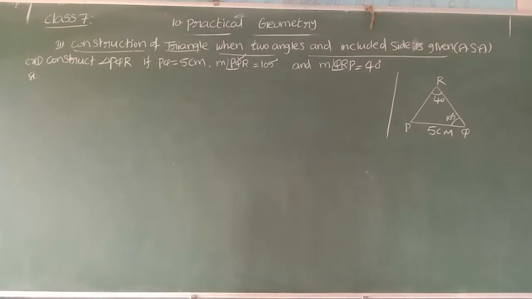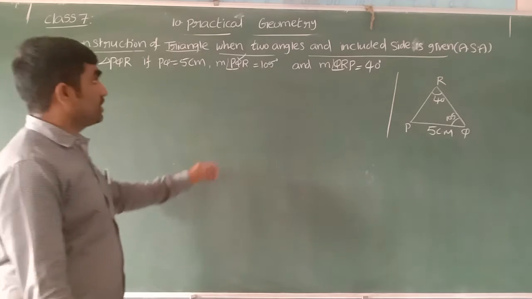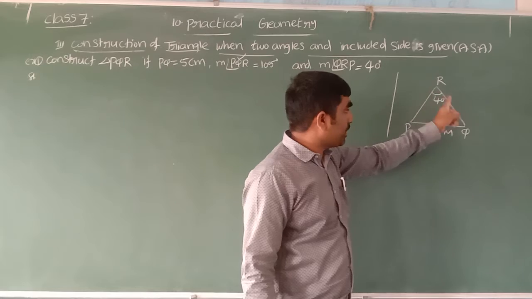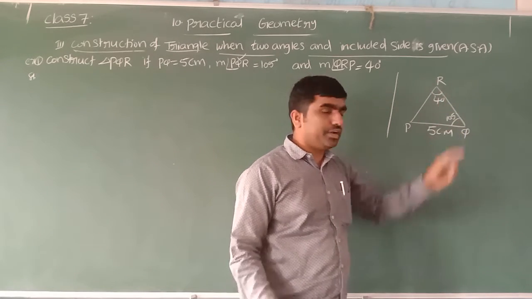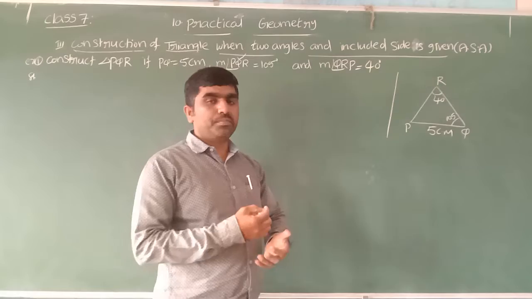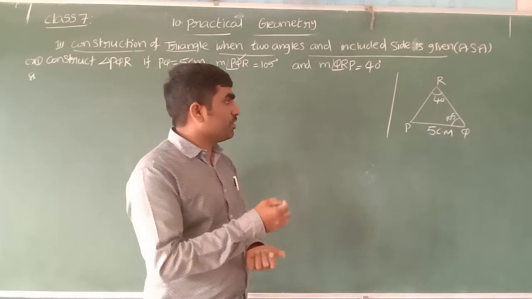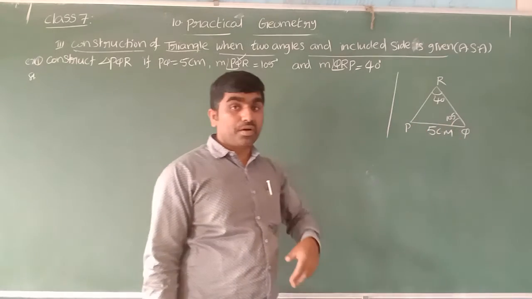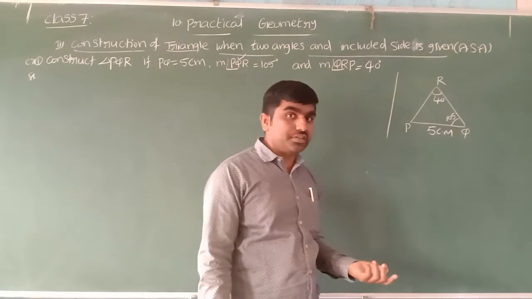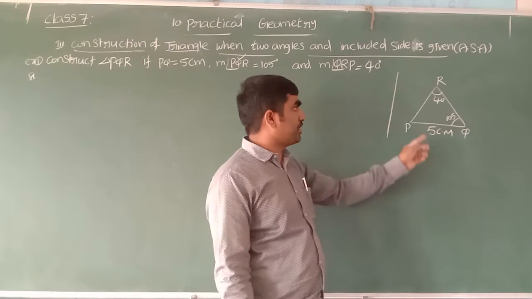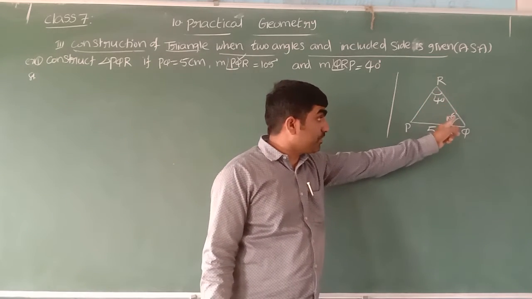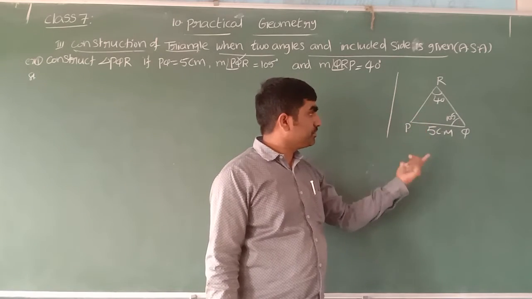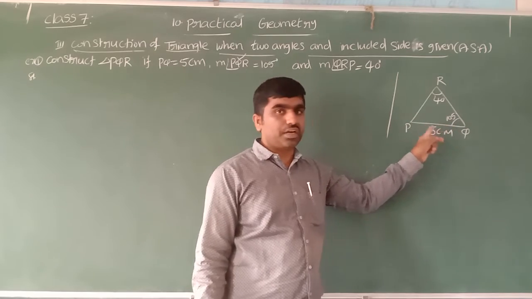Now we need to draw a triangle. Children, you can see our heading is two angles and the included side. Sir, here they gave two angles, but the side is not included. You know the properties of a triangle; once you recall them: the sum of the three angles of a triangle is equal to 180 degrees. With the help of that angle sum property, when we know the measure of two angles, we can find the third angle. Once you know the third angle, then we have two angles and the included side.